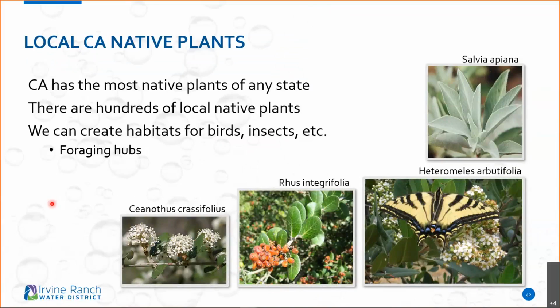Gorgeous plants, salvias. This right here, Heteromeles arbutifolia, toyon. It's a great plant for these months because it actually has the name Christmas berry. And toyon looks a little similar to holly bushes, and they say that Hollywood was named after these native shrubs that are all over our hillsides because they look like holly bushes, but they're actually our beautiful native toyons. This is lemonade berry, Rhus integrifolia, and some more ceanothus there.